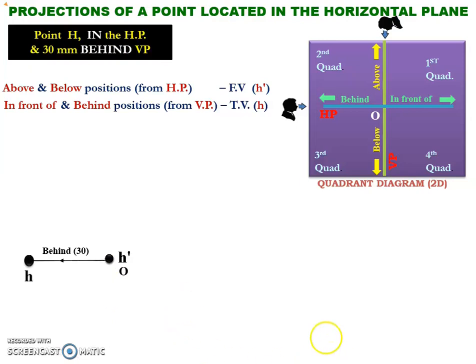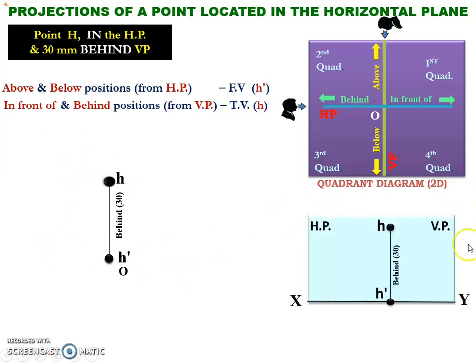In the general method, after projecting the top view on the horizontal plane, we need to rotate the horizontal plane along with the top view point by 90° clockwise. In the same way, here we need to rotate the horizontal line, that is the OH line, along with the top view point H by 90° clockwise. So the point H will reach a new location above the origin point. This will give us the final solution and we can represent the same on a 2D plane or on a 2D paper like this.